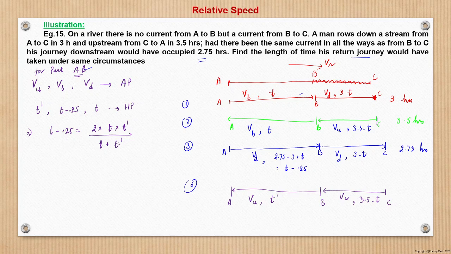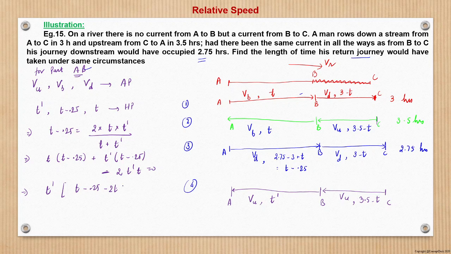This we can use. So from here it will be T into T minus 0.25 plus T dash into T minus 0.25 is equal to 2, and this also we bring to this side, minus 2 into T dash into T is equal to 0. So T dash we will take common, so it becomes T minus 0.25